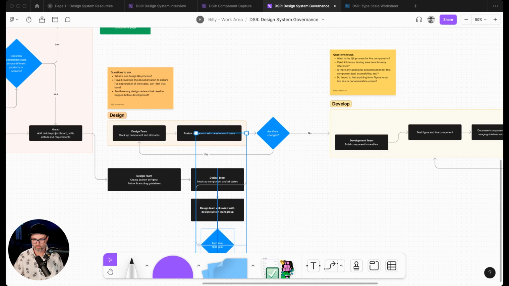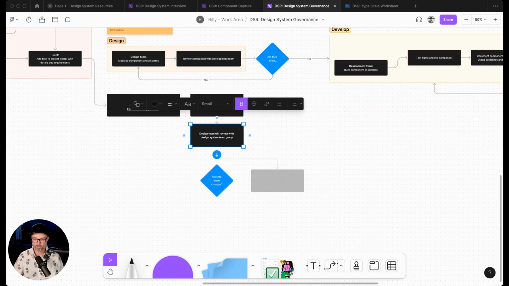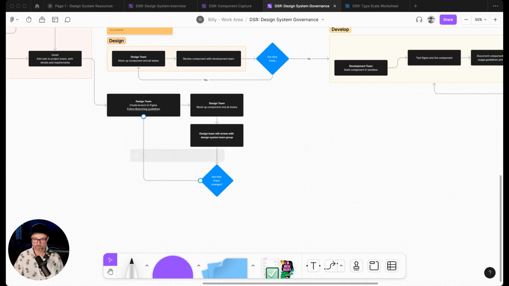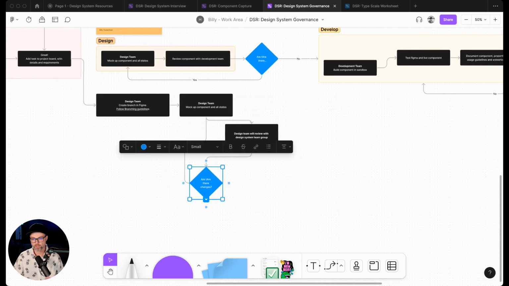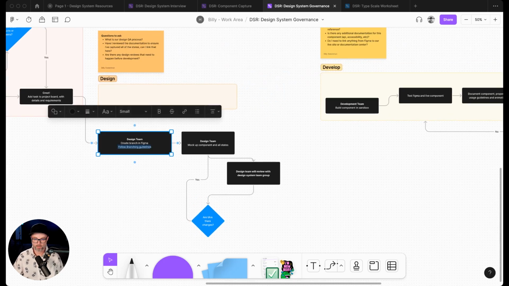And then we'll move this. Are there any changes down here? I'll delete this little line here, right? And we'll start to ask these questions and unpack this flow. And if there are changes, we'll move it back up here, and then we'll add a yes. And actually, that's not going to go to the branch. It's going to go up here to the mockup. So we'll move this out here. And then if there aren't any changes, it's going to move on. And so then we'll go through and clean this up. And this is our new